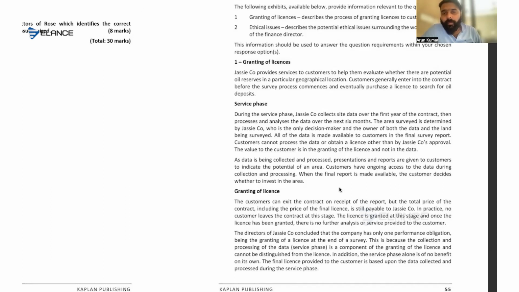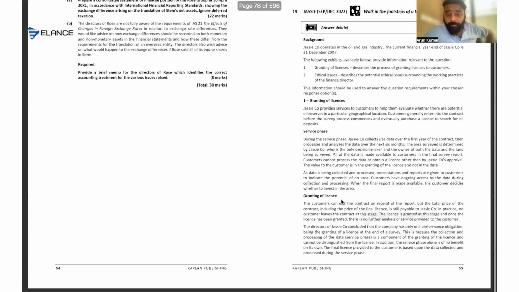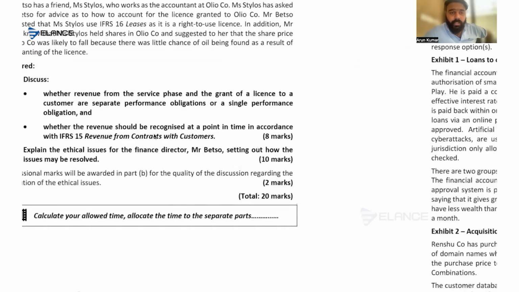And on the other hand, will revenue be recognized at a point in time or over a period of time? Because there are two questions, right? The first one was how many performance obligations are there? The second one was how will you recognize the revenue, at a point in time or over a period of time? How will you recognize the revenue there? Is it at a point in time or over a period of time? Can you reply in the chat?